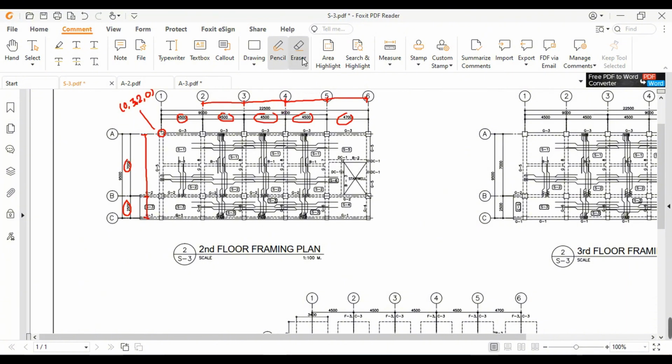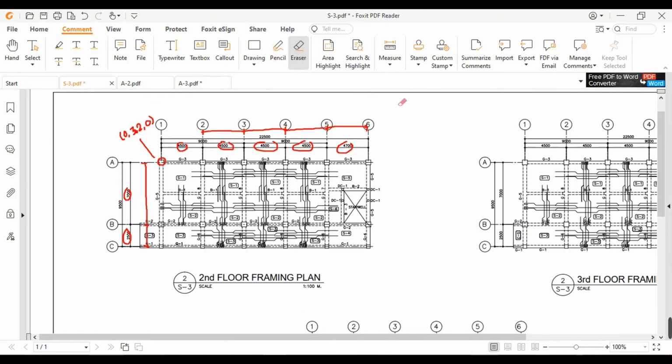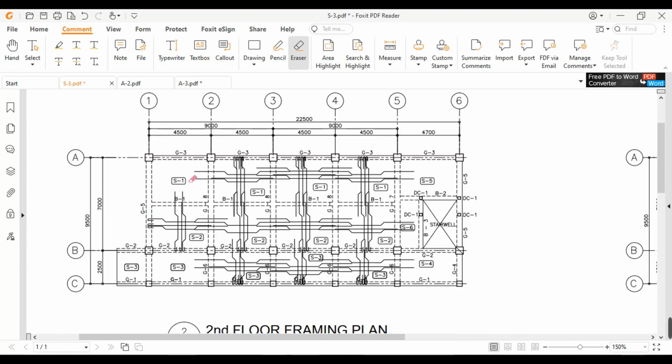What we're going to use for the grid lines is irregular, since as you can see in this plan, the distances from grid to grid are not equal.